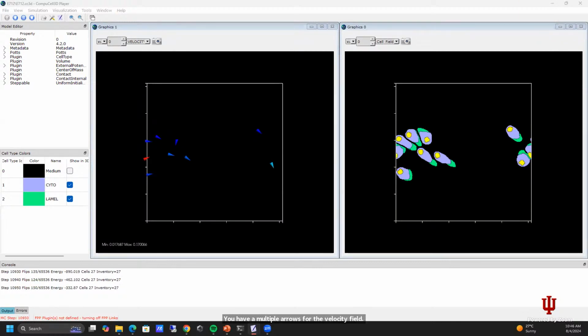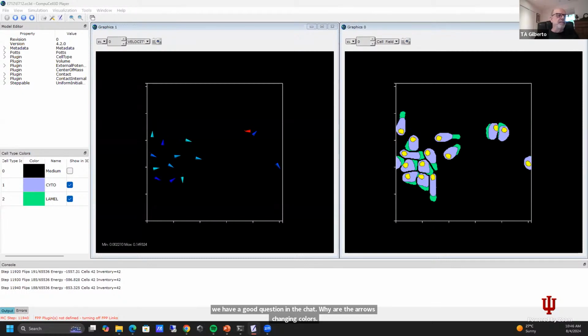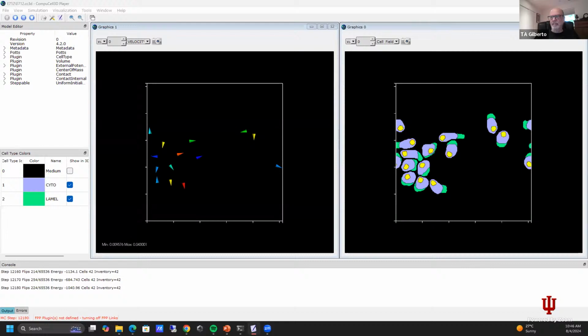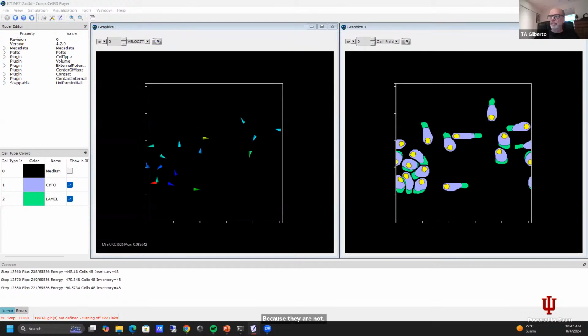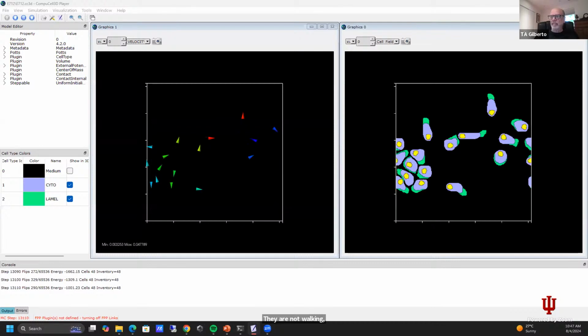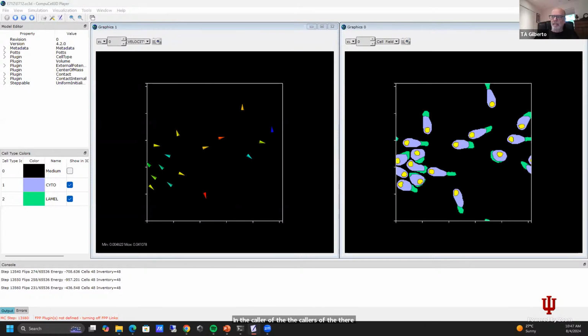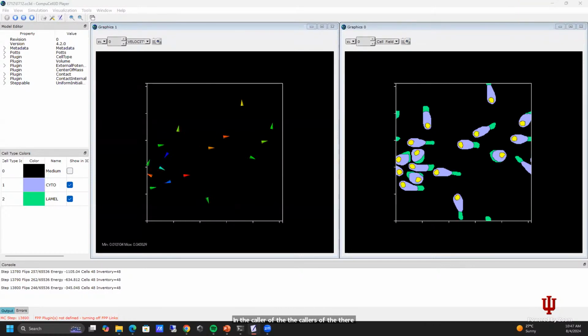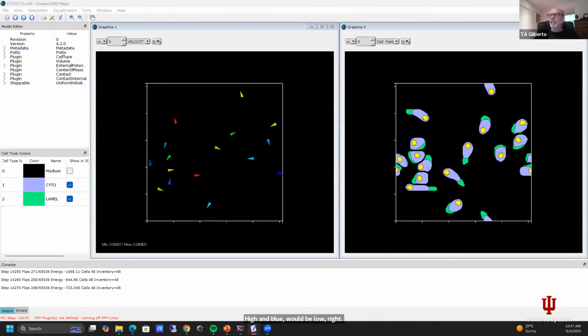Gilberto, we have a good question in the chat. Why are the arrows changing colors? The strength of the colors is connected with the modulus of the velocity, the speed, because they are not moving with the same speed. So this difference is in the colors of the arrows. Okay? So in this case, red would be high and blue would be low, right? Yes. I think